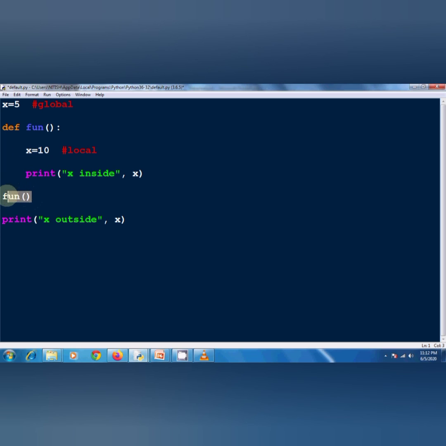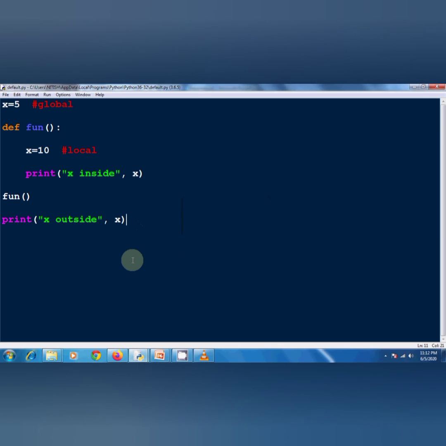When we call the function, the body of fun will execute, and it will produce x is equal to 10, and outside of fun it will produce output as 5.